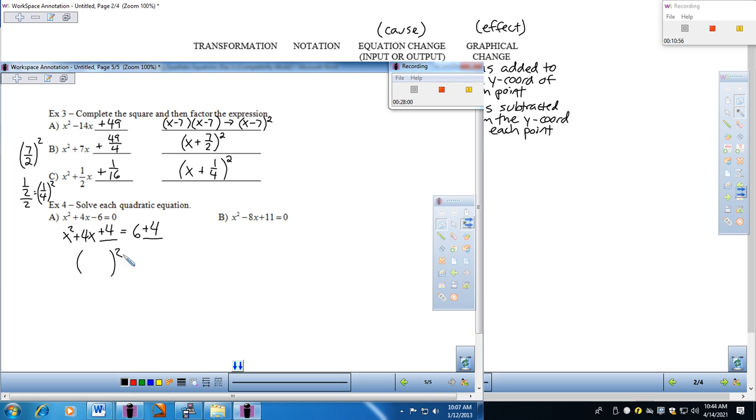The whole reason for completing the square is because of the way it factors. If I asked you to factor this right here, you would all tell me just x plus 2 times x plus 2, or really just x plus 2 squared. And then easy as can be, 6 plus 4 is 10. And so now you can see, and I'm just going to go back a screen or two,